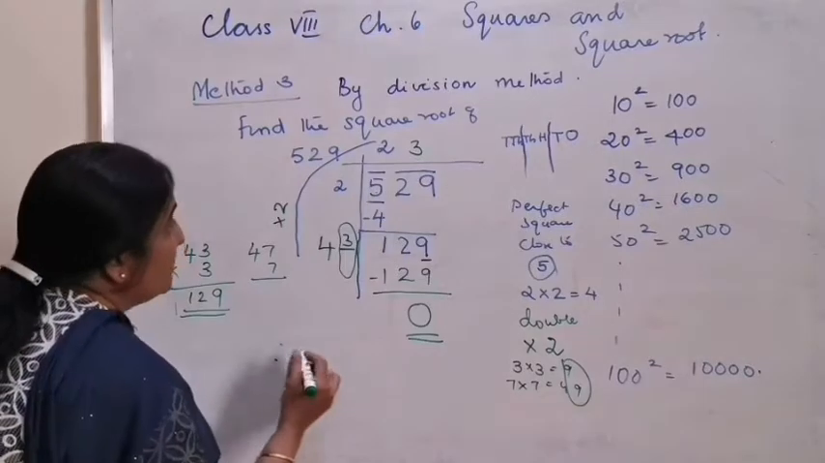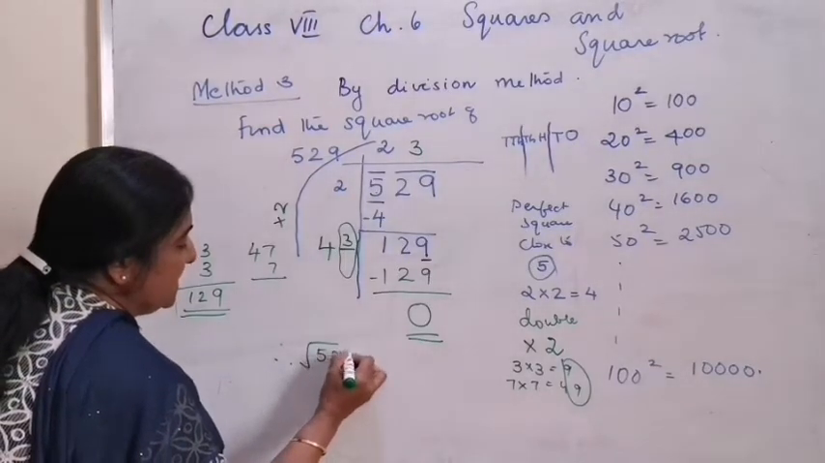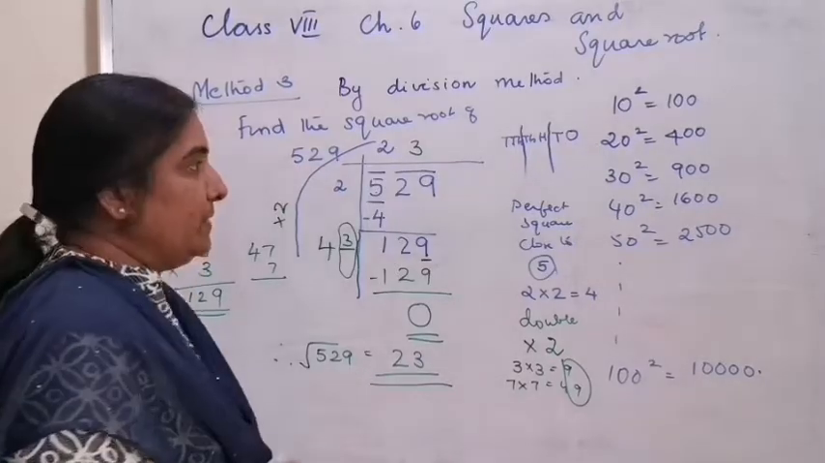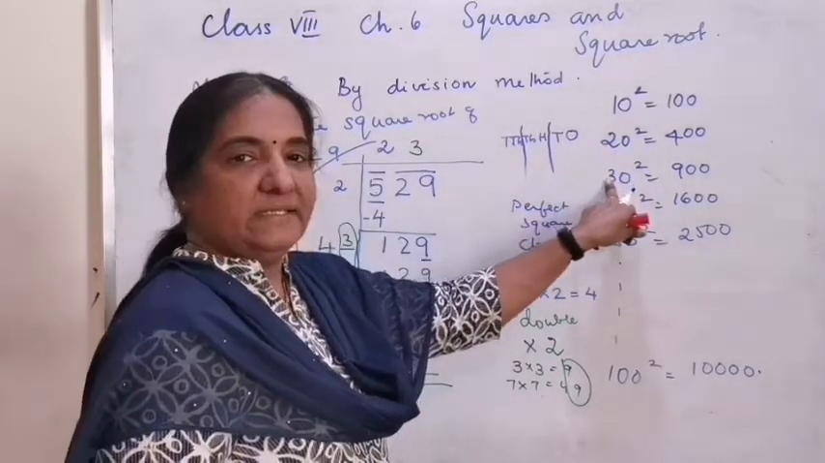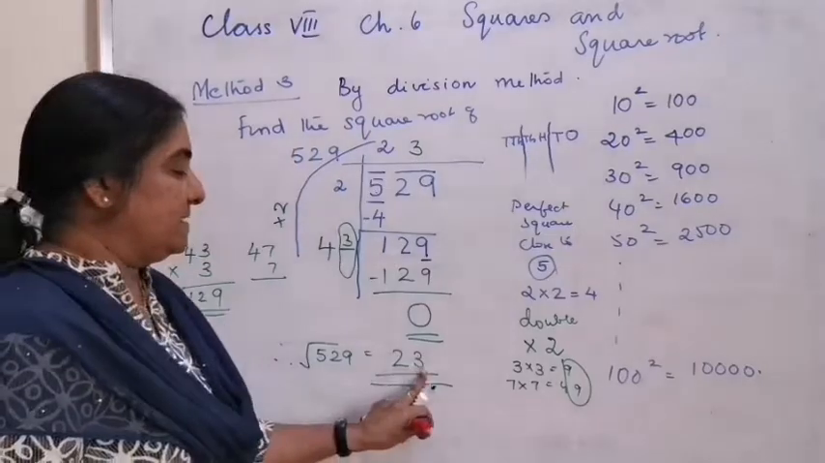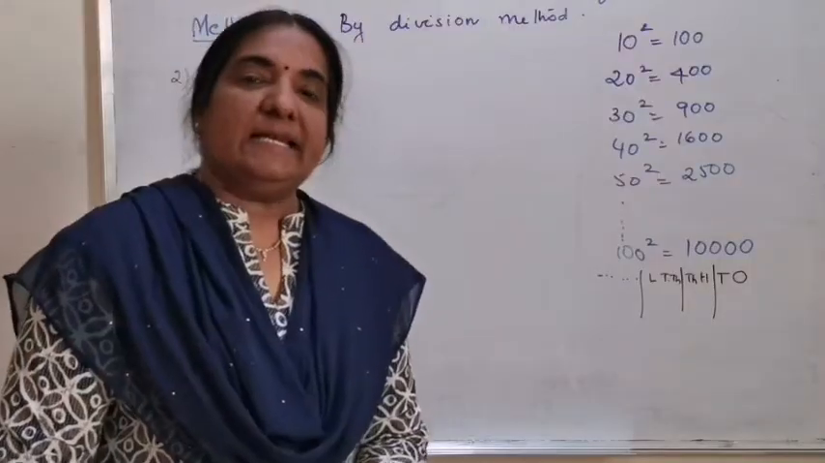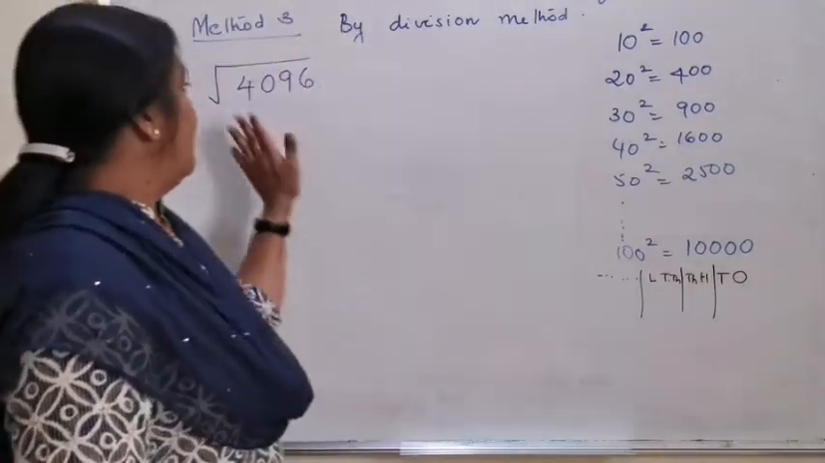Therefore, the square root of 529 is 23. As I told you, it lies between 20 and 30. So the answer is 23. That means your calculation is correct. The second example is square root of